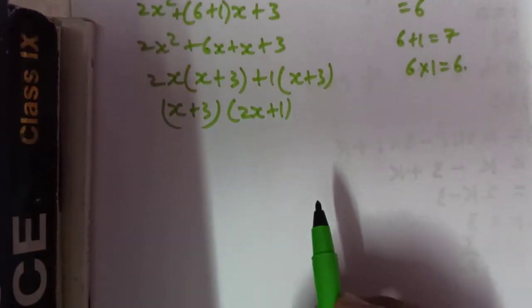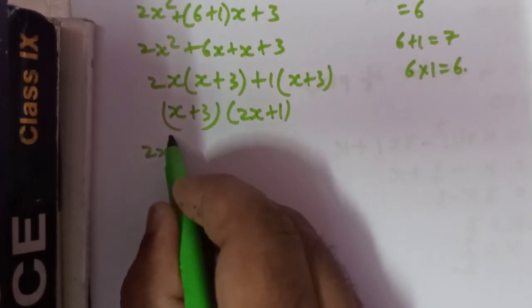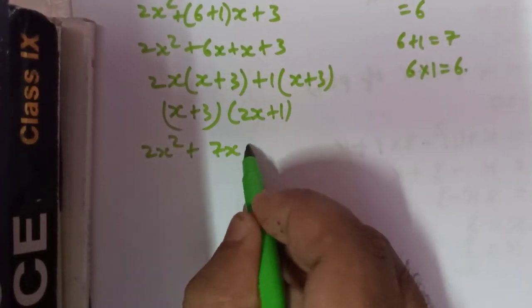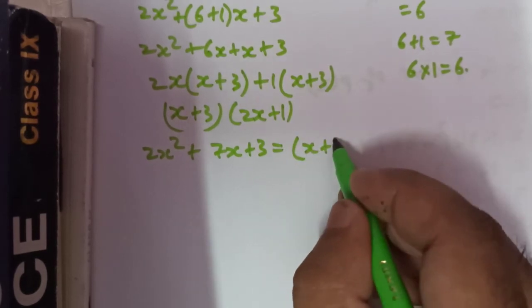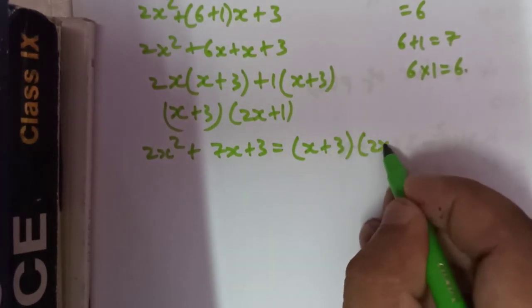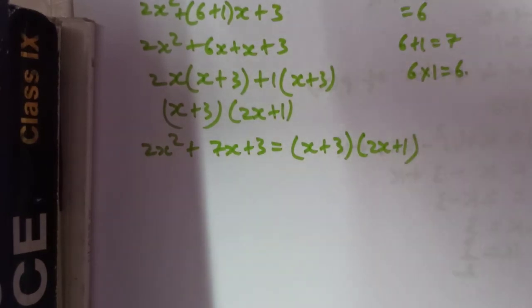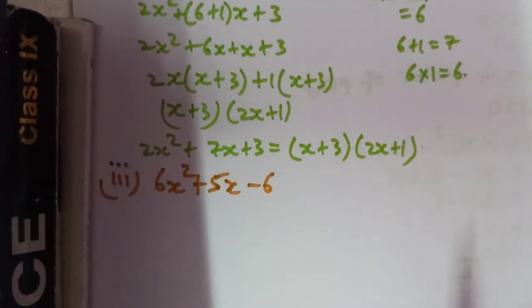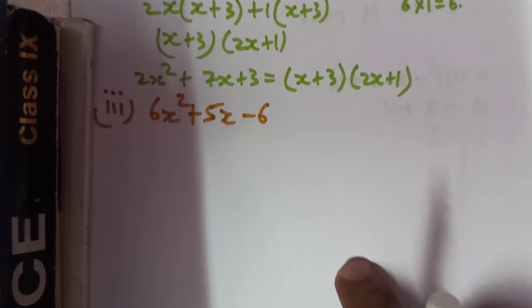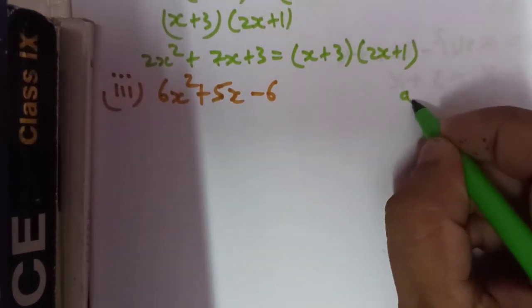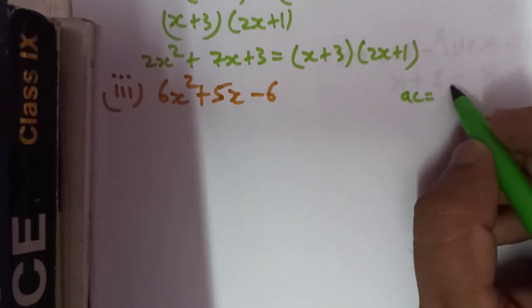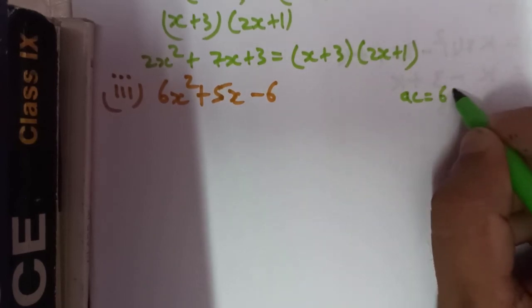Hope it is clear. So we can write 2x square plus 7x plus 3 as expressed as the product of two factors x plus 3 and 2x plus 1. In the third part, 6x square plus 5x minus 6. So again, if we see what is AC, that is the product of A and C, 6 into minus 6, that